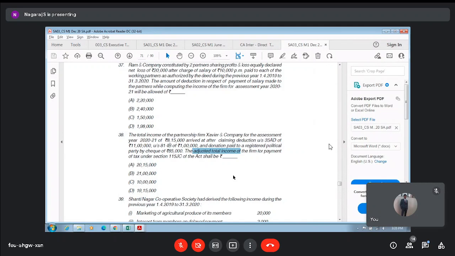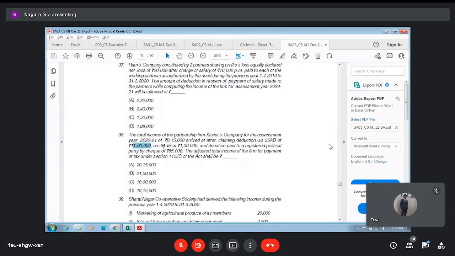Then what is the answer? A. A is the answer. Understood? Not B. Why? They have excluded this one, 80. 8 lakh 15 plus 11 they have taken. According to me, it is 80